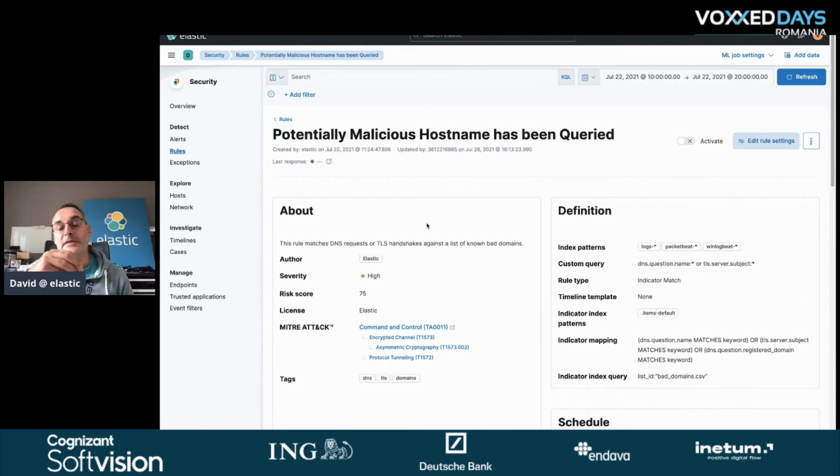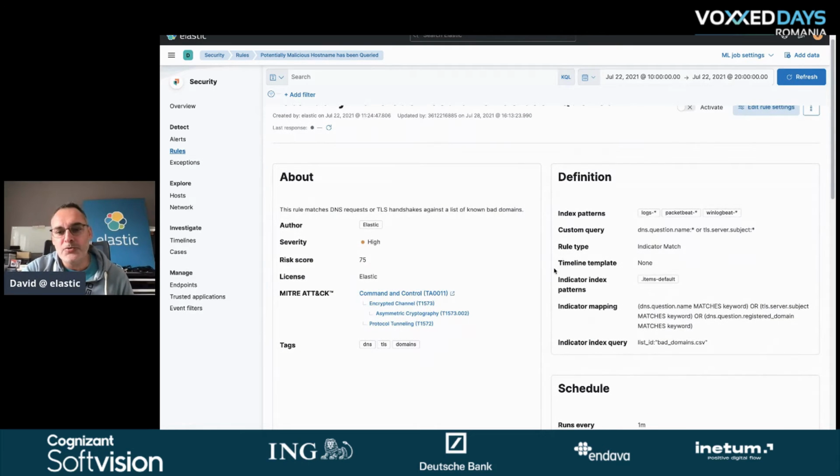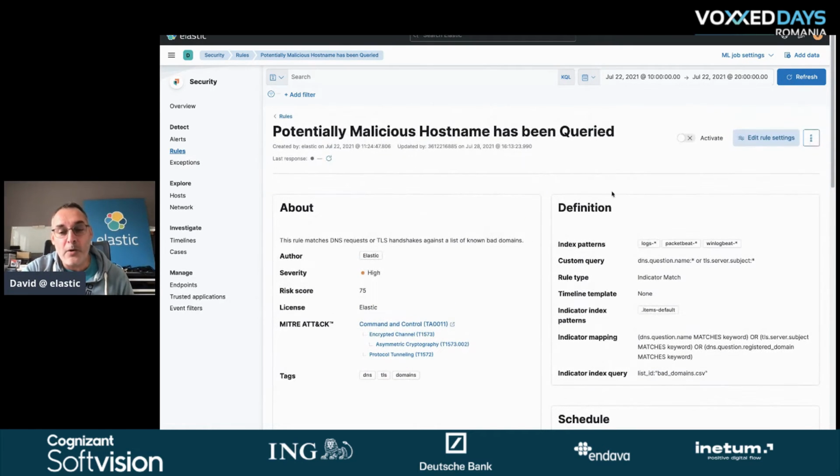So this rule is one of the rules that we created manually for this demo. Elastic comes with more than 500 rules out of the box, and all are developed in the open, which means that you can see them on the GitHub repository and you can also contribute to those rules. All those rules are classified using the standard MITRE convention. And here I can show you exactly how we build this rule.